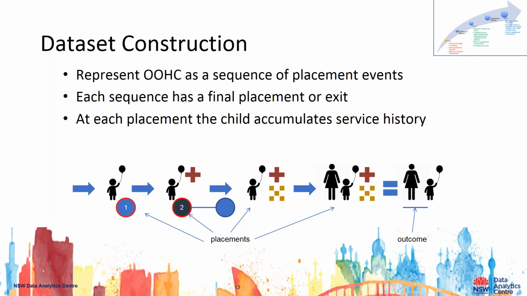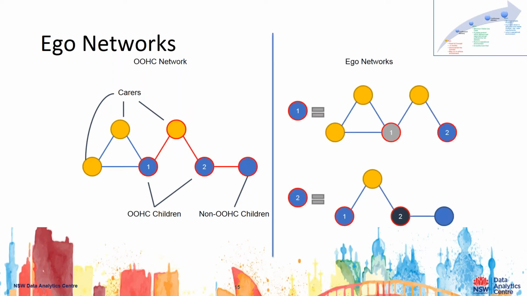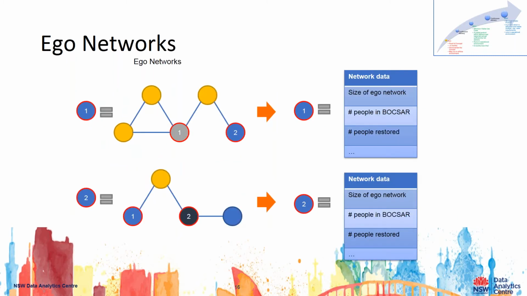We built what we call ego networks. So for every single child, we build a network which is every significant person related to them, and related in the sense of significance of contact, and then create one of these networks for every single child and understand the different things that happen to the child, those different events that happen to the child in their journey. And linking justice, education, family community services, and health data, it's not a complete picture of everything that happens to the child, but it was a broad enough understanding that allows us to start to answer some pretty powerful questions.